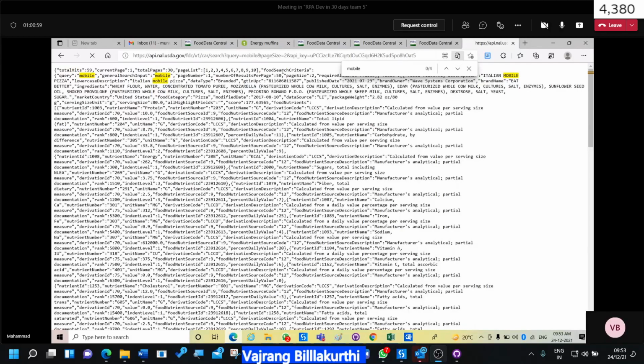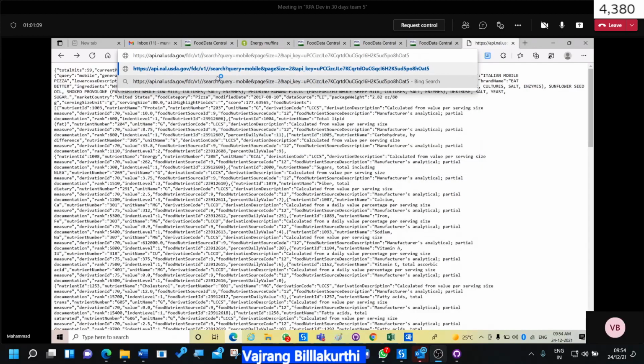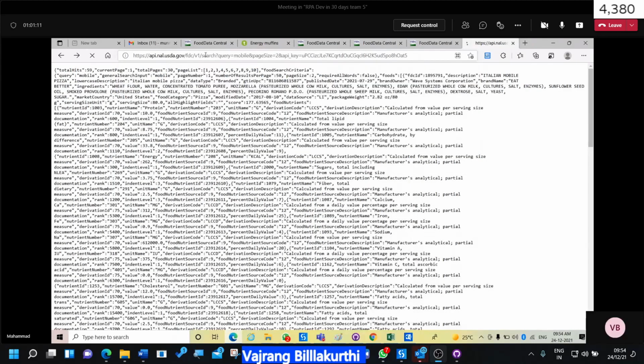Query equal to car is what you need to type. Oh, yes. Not foods. No. Query equal to, after equal to. Go back.